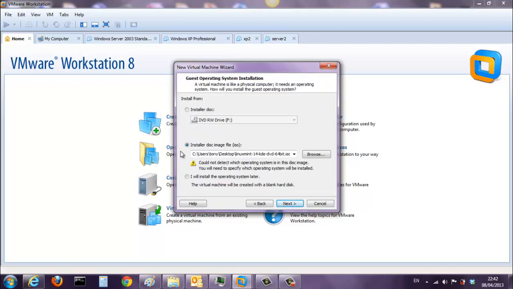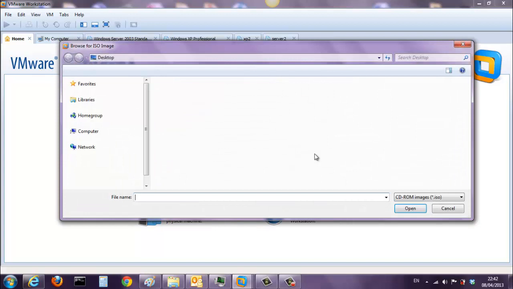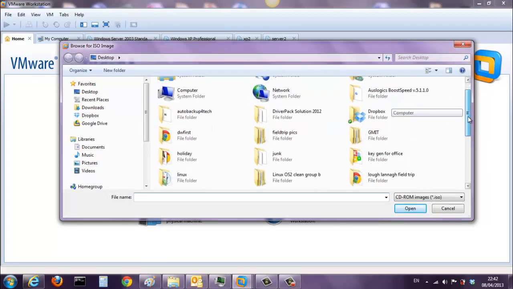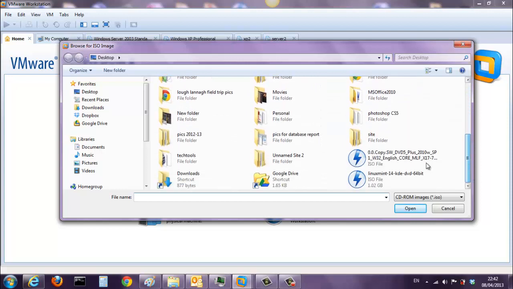and click on the install from this image option for your ISO file. I have an ISO file already on my desktop, so I'm going to browse to that. Click browse and find the image on my desktop. This one here. I'm going to install Linux Mint. Click open,